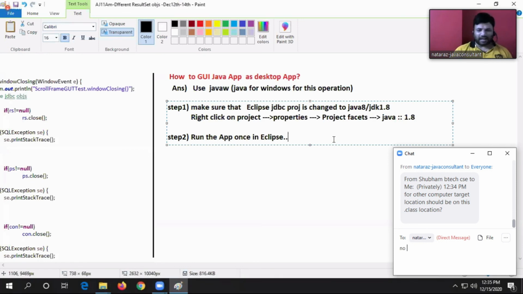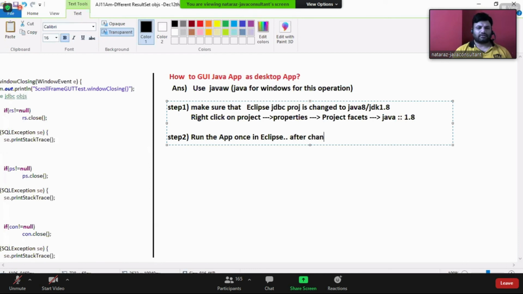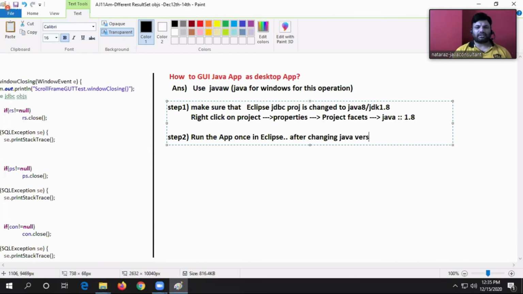So in the target, you always have to use the local computer's .class file only. The target location is always the location where the .class file is available. Run the application once in Eclipse after changing the Java version, then only the .class will be updated, guys.